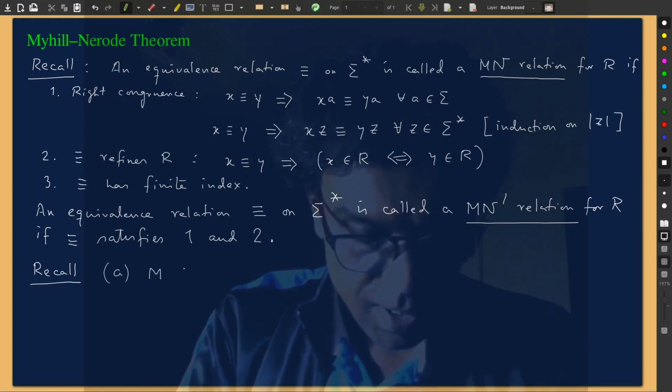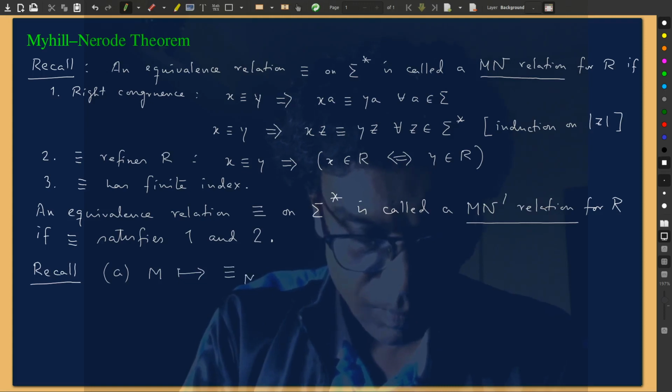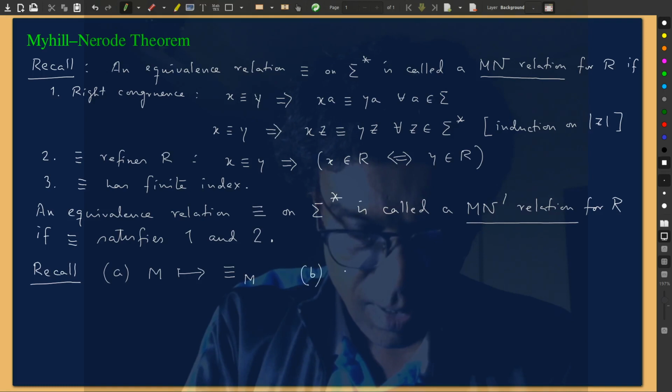Given a DFA M without any inaccessible states, we constructed an Mn relation for it. Moreover, given an Mn relation, we have constructed a machine